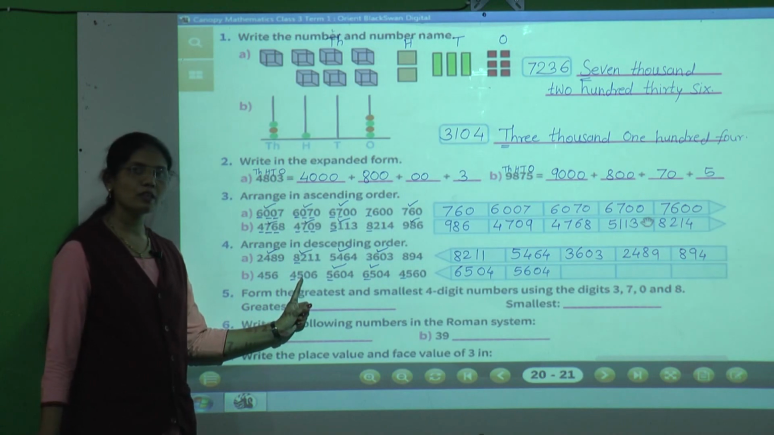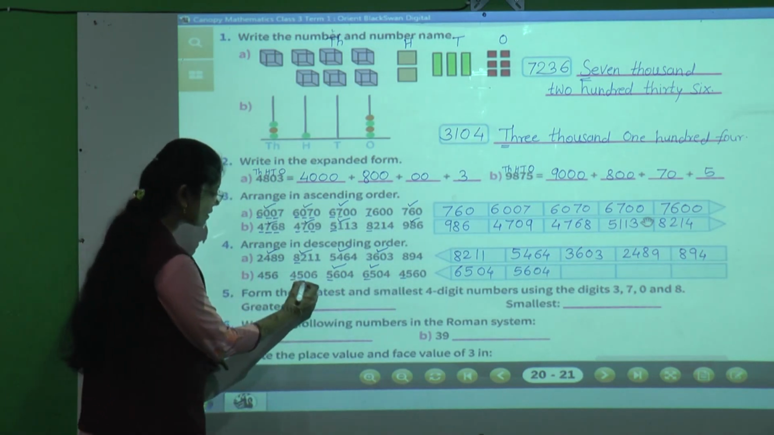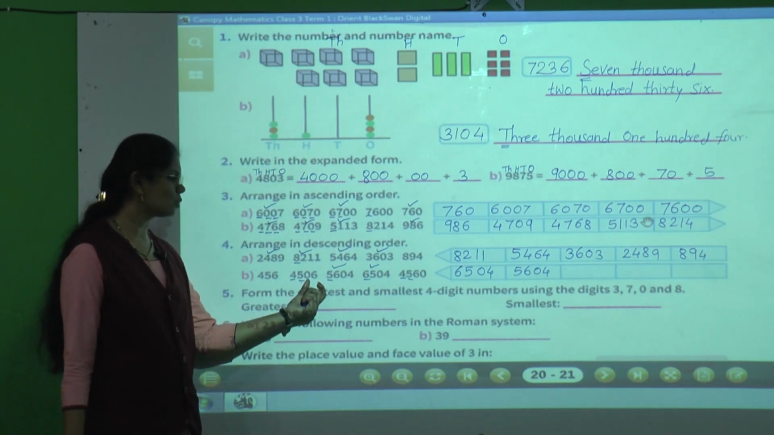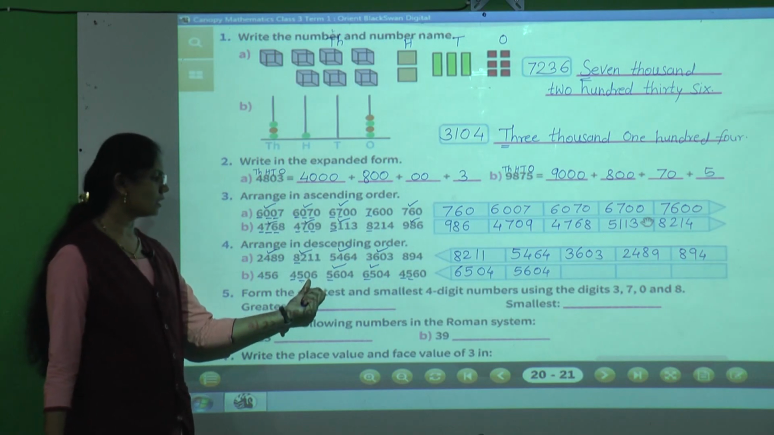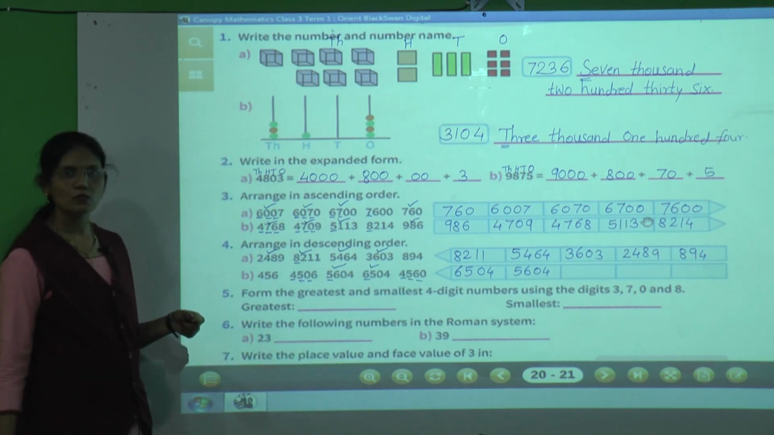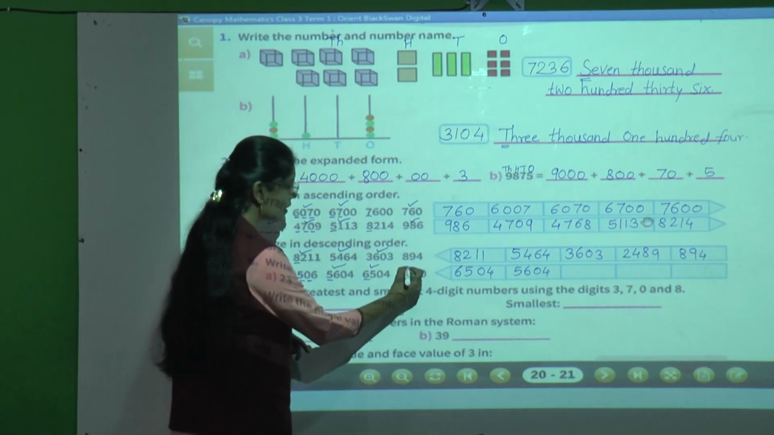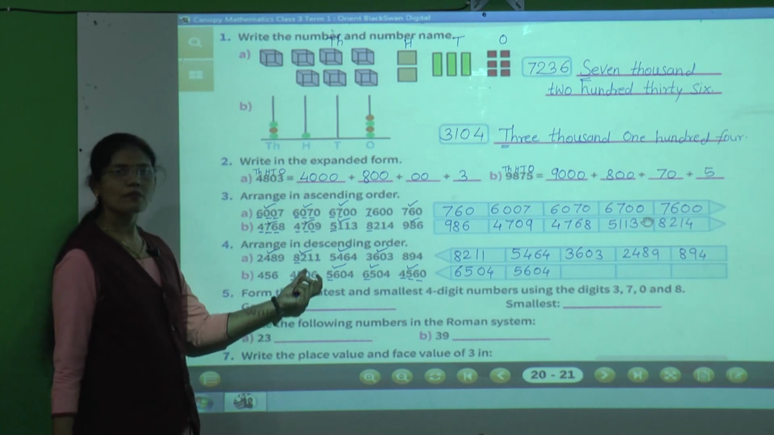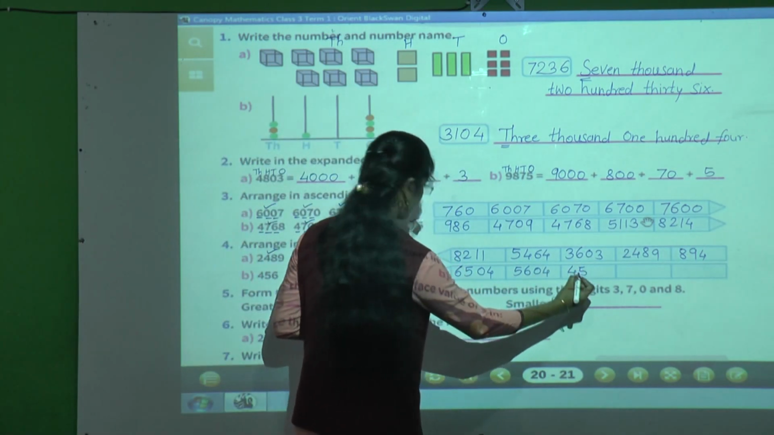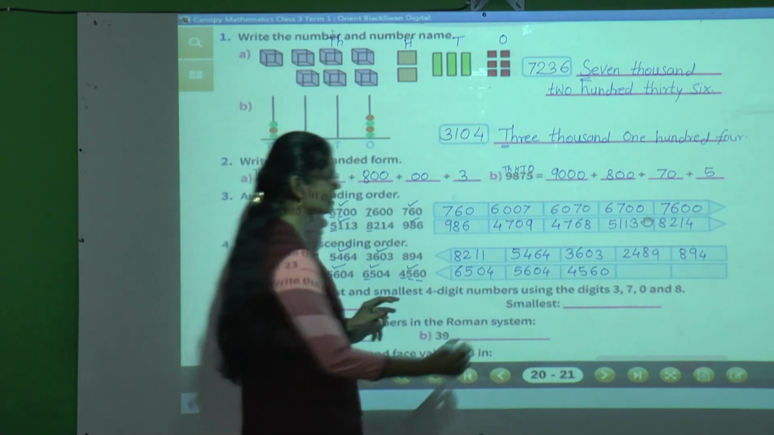Then the remaining two 4-digit numbers, here 4 is there, here also 4 is there, so definitely we will move to the next place, the hundreds place. 5 is there, here also 5 is there. Now what to do? We will move to the tens place digit. Here 0 is there and here 6 is there. So which one is greater? 6 is greater than 0. So this number is greater than 4506. So I will write this number 4560 and then 4506,